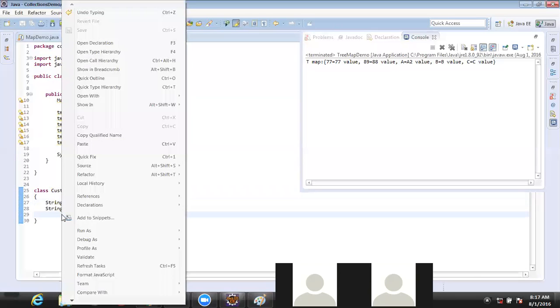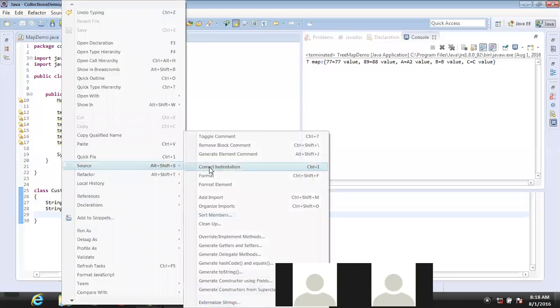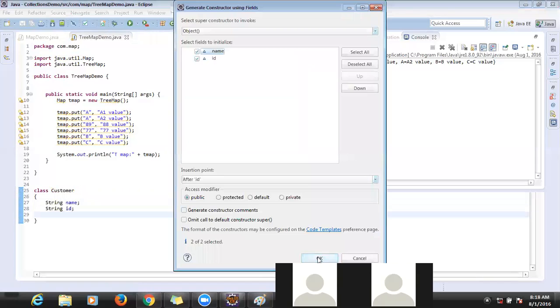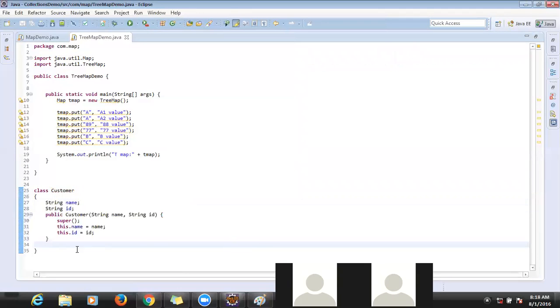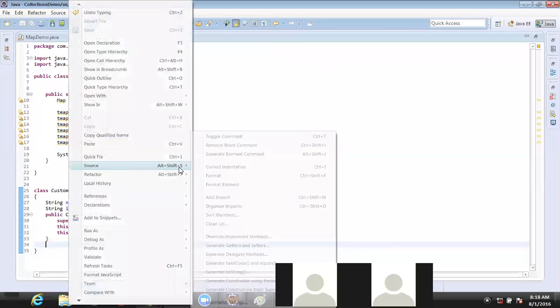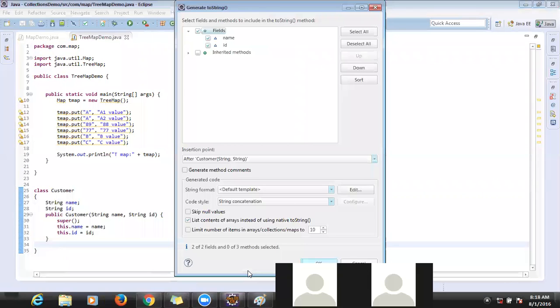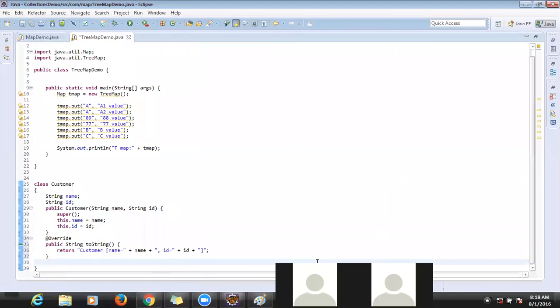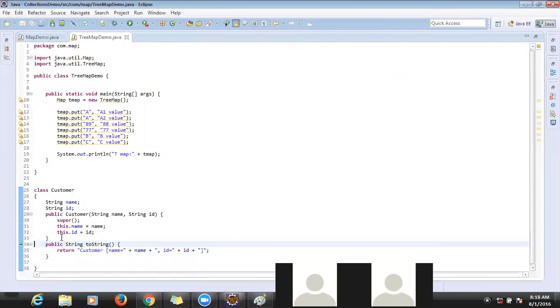I want to assign the values as part of the constructor, so I will generate the constructor using these fields. Now the constructor is generated, and I want to generate the toString method also. Just right click, go to generate toString, finish. So now toString is ready, and we can assign the values.